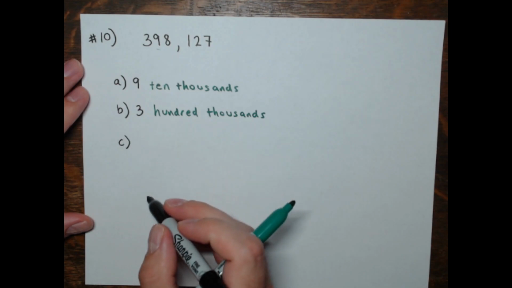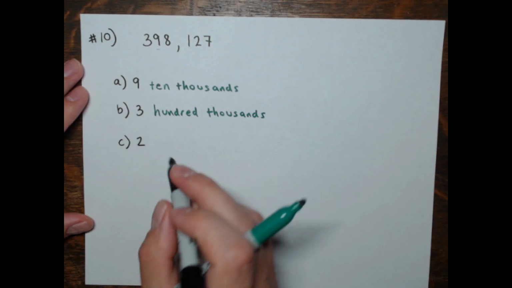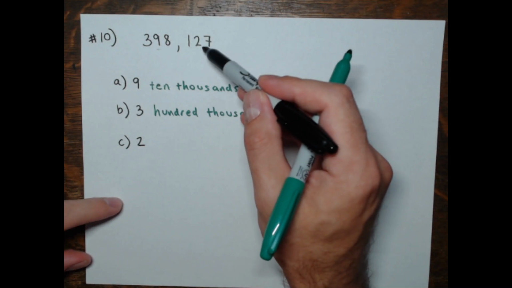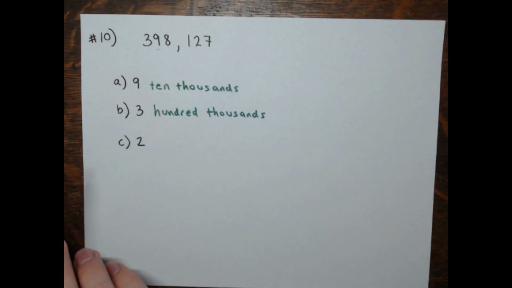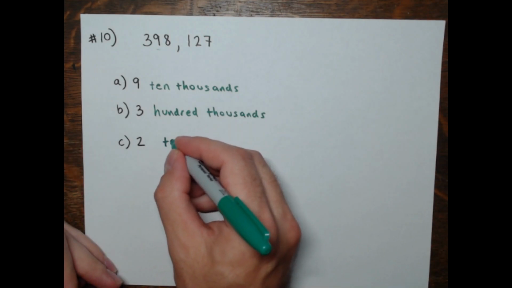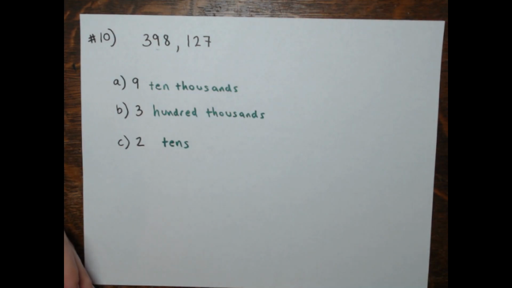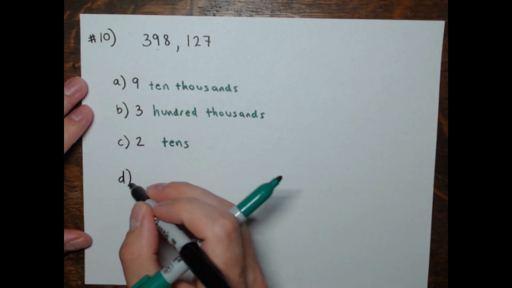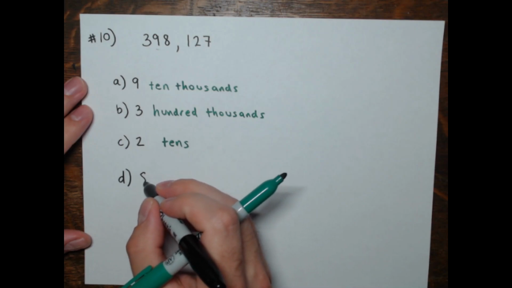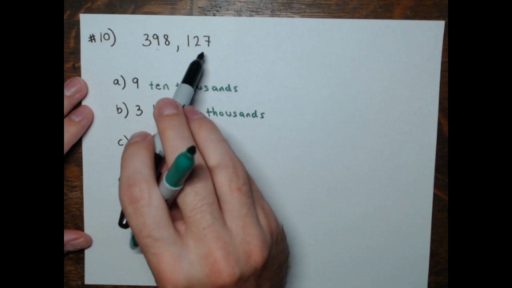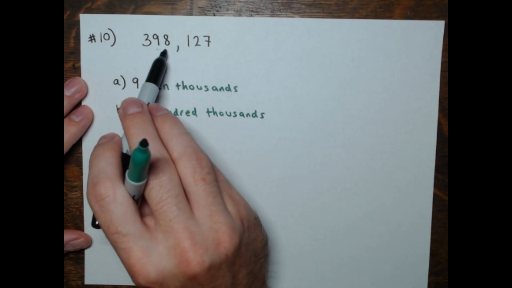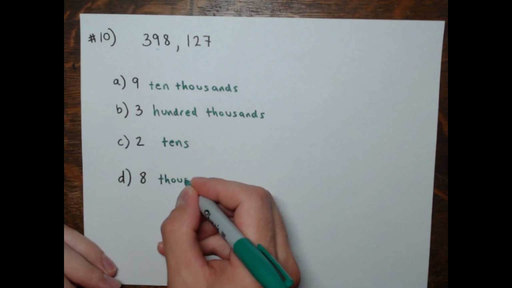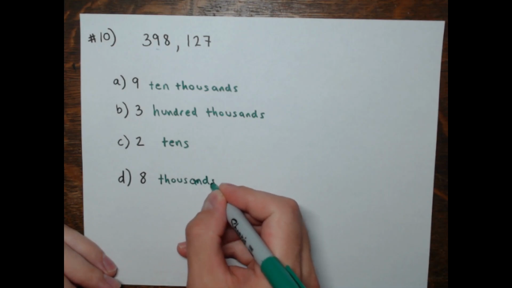Part C, the digit 2. And I already said it. 7's in the ones. 2 is in the tens place, which would have a value of 20 in this number, right? 2 times 10. Part D, the digit 8 is ones, tens, hundreds. 8 is in the thousands place, which would have a value of 8,000